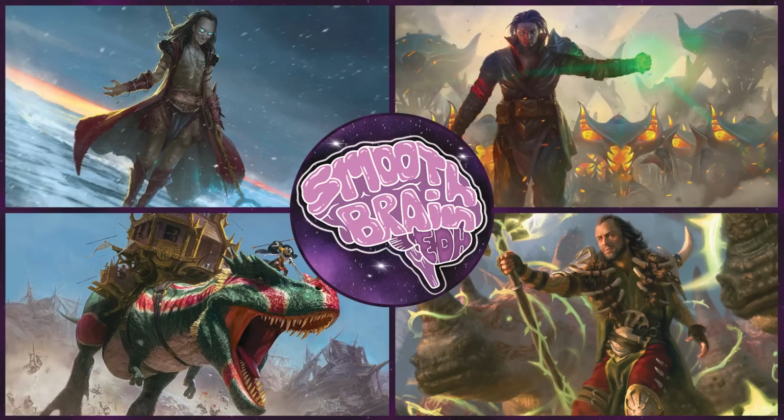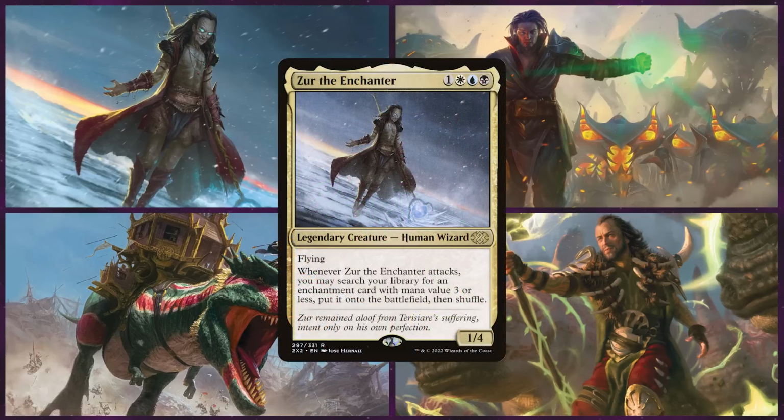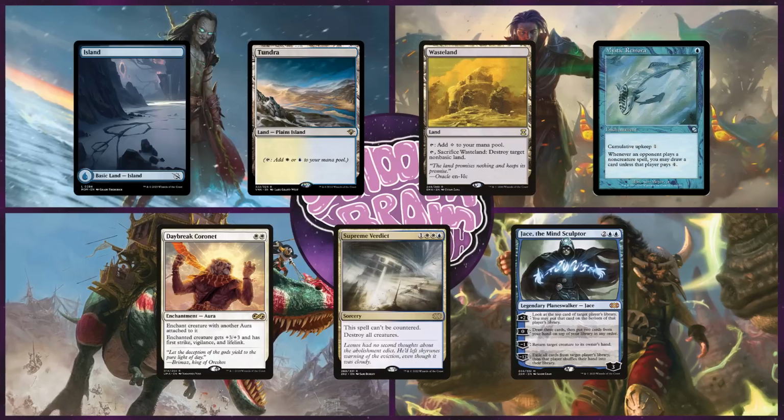And first up we have Seth on Zur the Enchanter. Now I'm very sure you all know what this deck does, but it is just Esper enchantments, usually around CMC 3 or less, and it uses its commander to tutor them to the battlefield. Seth keeps an opening hand of an Island, Tundra, Wasteland, Mystic Remora, Daybreak Coronet, Supreme Verdict, and Jace the Mind